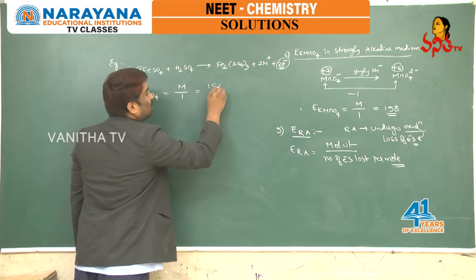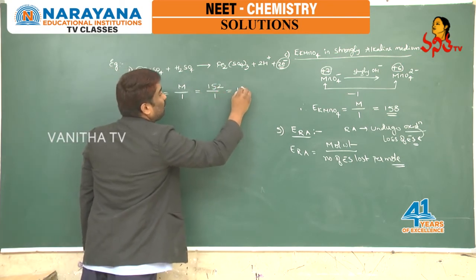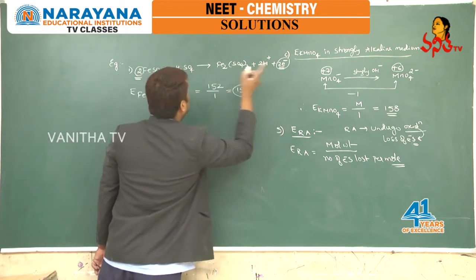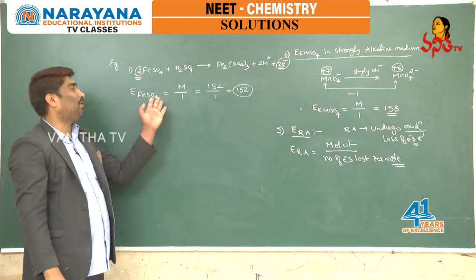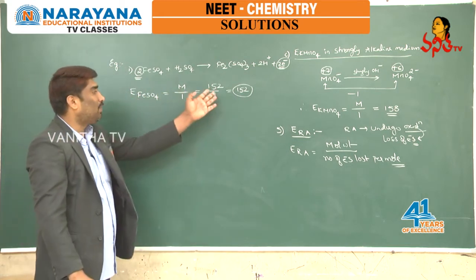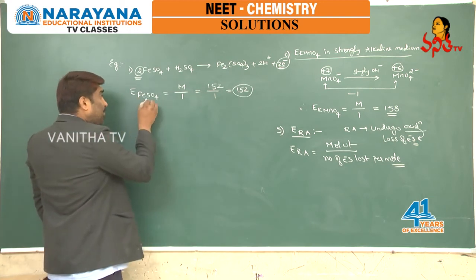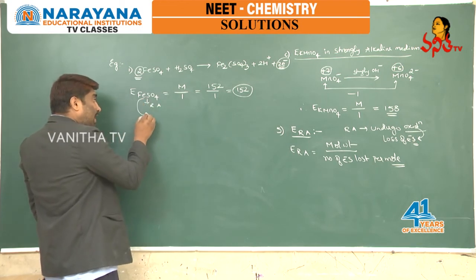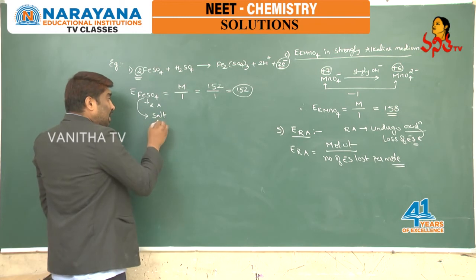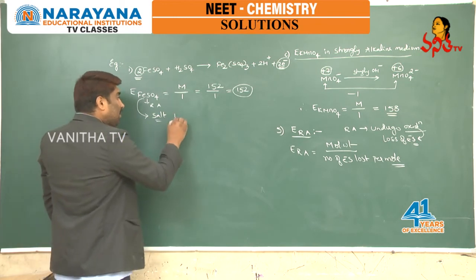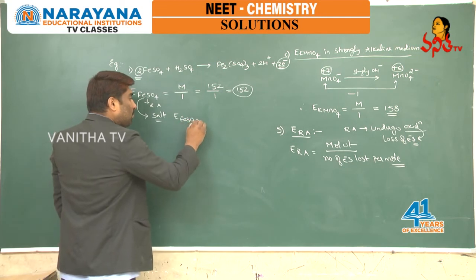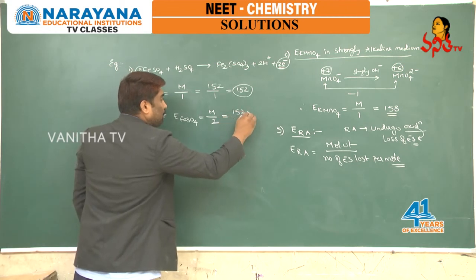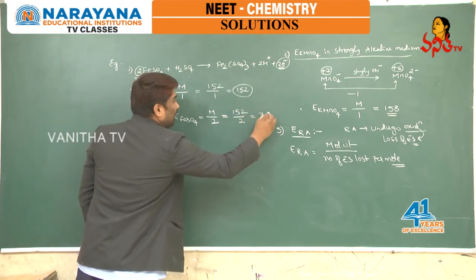The molecular weight of ferrous sulfate is 152. By 1, it is 152. So, here 2 moles of ferrous sulfate is losing 2 electrons. That means 1 mole loses 1 electron. Therefore, equivalent weight is equal to molecular weight, that is 152. In the same ferrous sulfate, the role here is reducing agent. Ferrous sulfate can also act as a salt. If it acts as a salt, the equivalent weight of FeSO4 is equal to molecular weight by 2, that is 152 by 2, which comes to nearly 76.